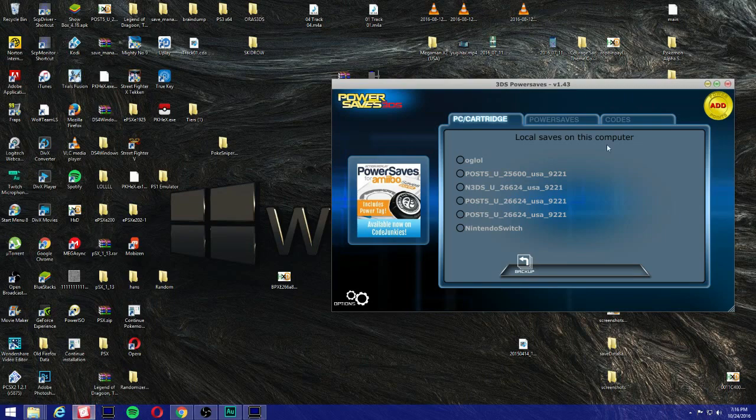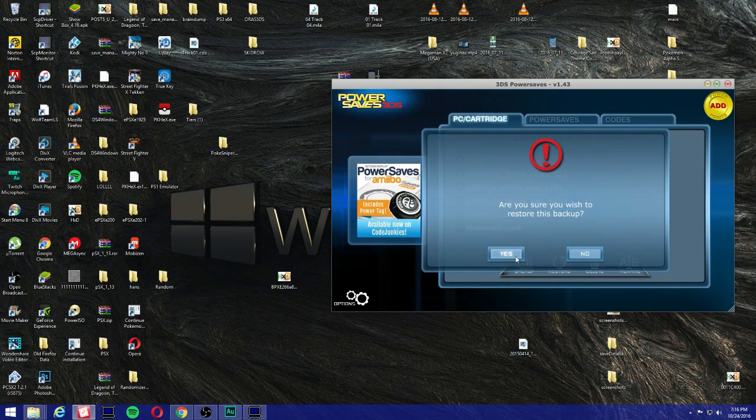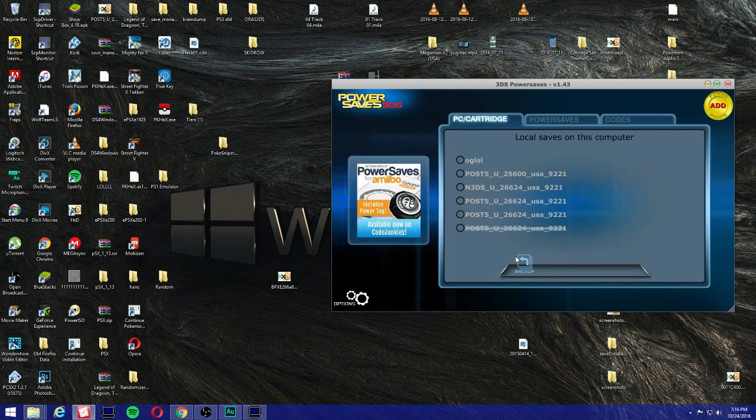Alright, let's go back to the power saves. And make sure you have your cartridge in there. Select the name you created as a backup for the hacks, and press restore, and press yes. If you don't get an error message, then you're good to go. If you get an error message, then you did something wrong. Okay, so as you can see,